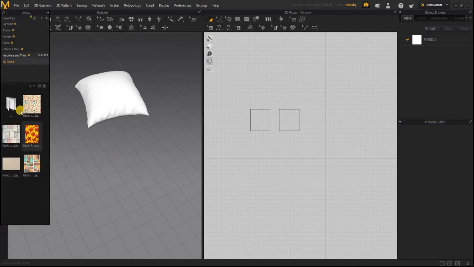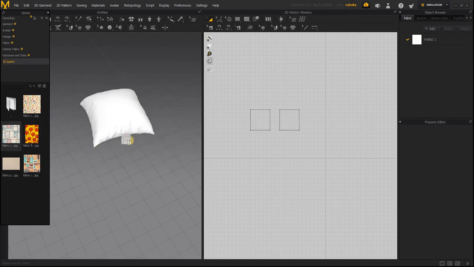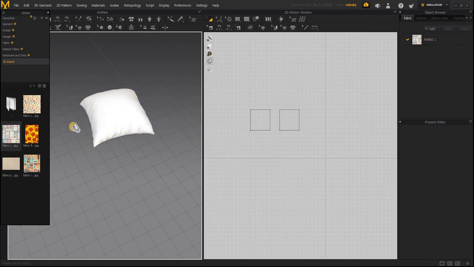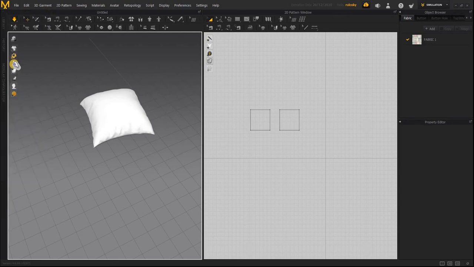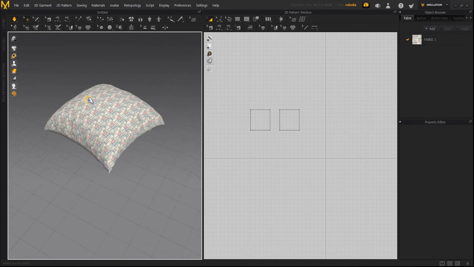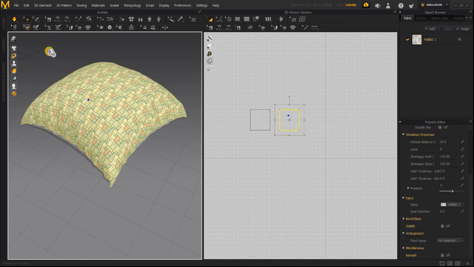If you go to library, I have added a folder which has all my textures. I'll simply drag and say that I want a texture, and I need to now see the texture view. So you can see the texture view. If you click on this and then go to edit texture,